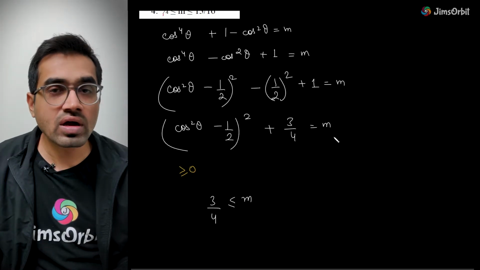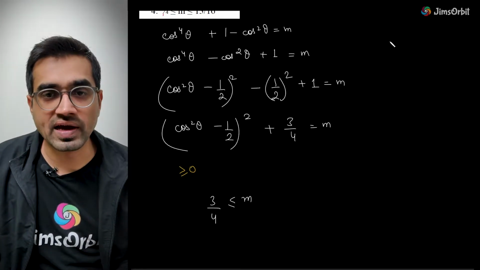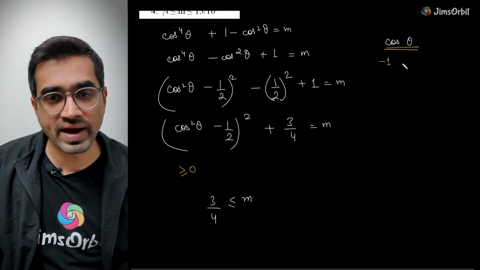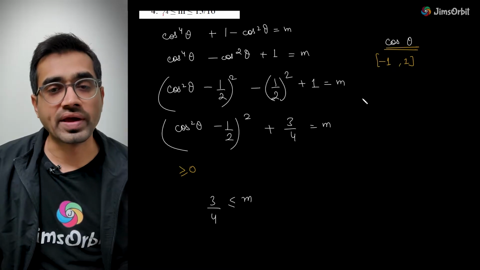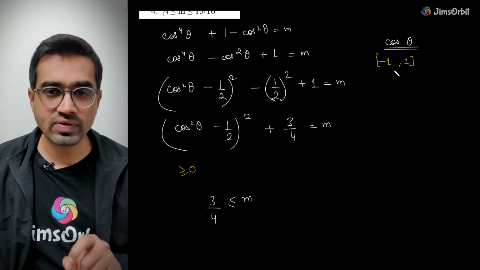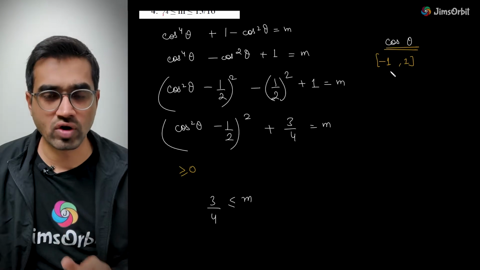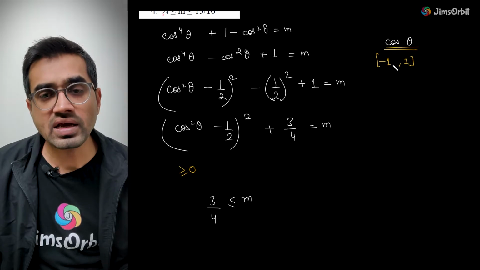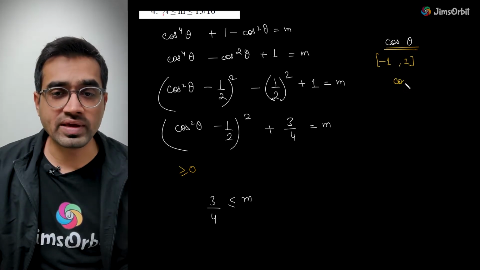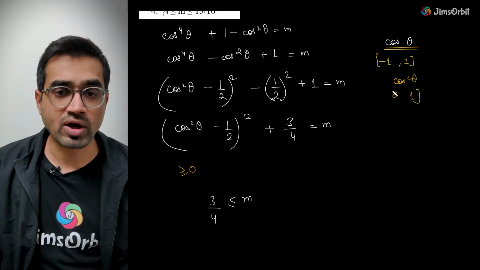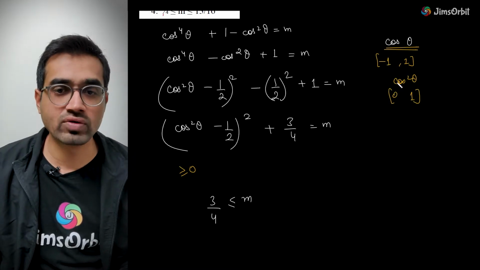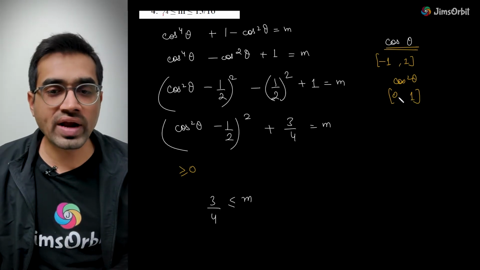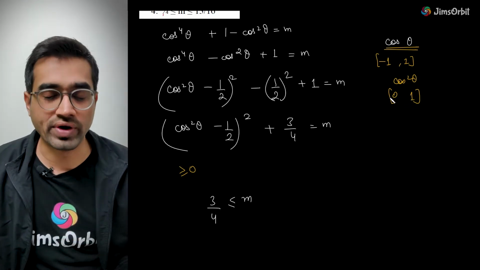Listen carefully now. In this part, if you notice cos theta, there is a very good thing you should be aware of: it takes values between minus 1 and 1. Any value between minus 1 and 1 can be cos theta. This is called the range of cos theta. At this point, we can say that whatever the value of cos square theta is, it will be between 0 and 1, because it is never going to be negative. When you square a negative value, you get a positive value, similar to the other side. So you get between 0 and 1, both included.